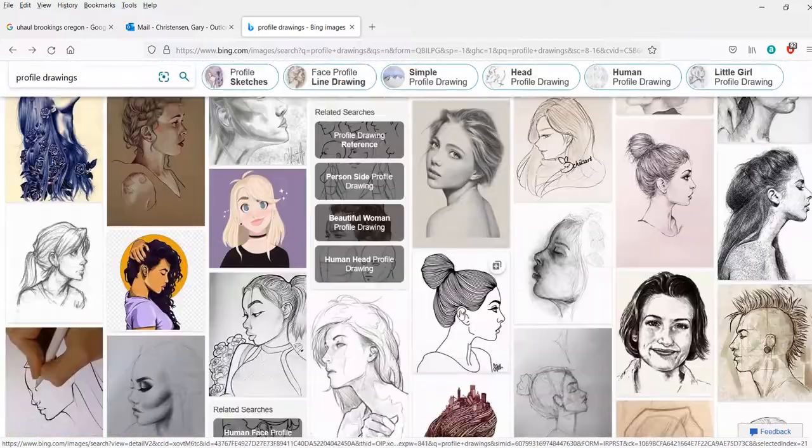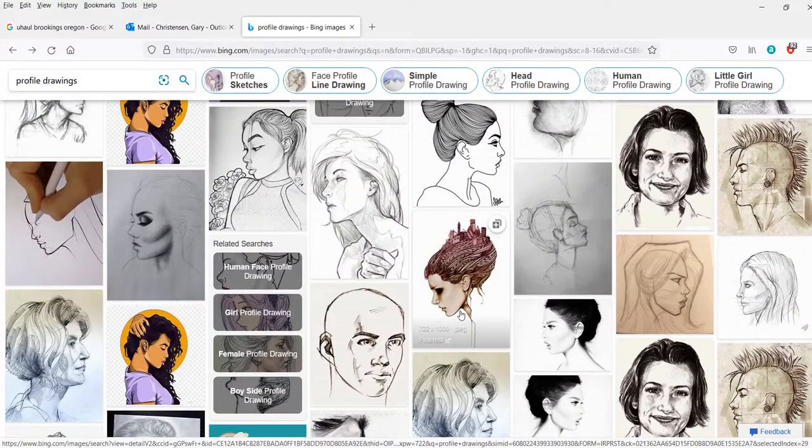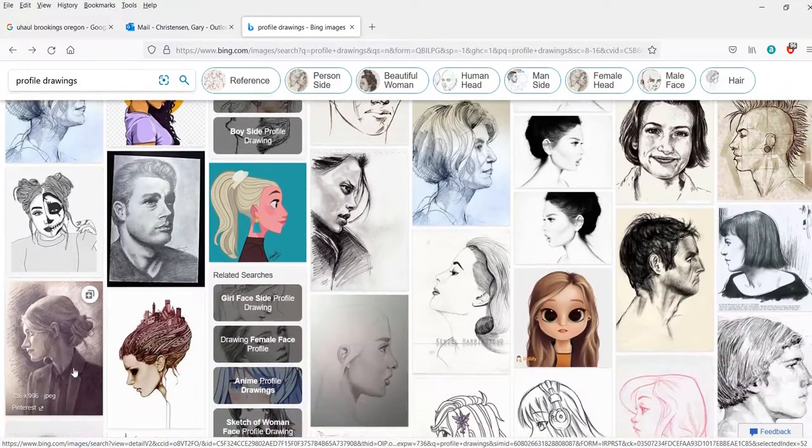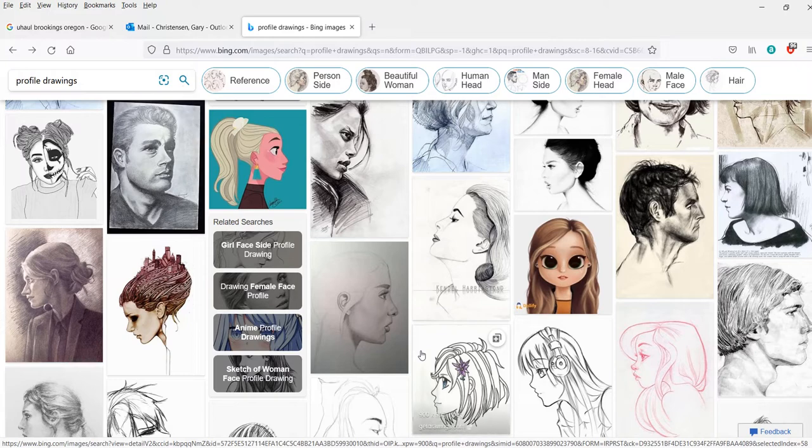Yeah, so you can look through these. Find a profile, which is total side of the face. You don't want to see the other eye. You don't want to see it twisted toward you. That's a 3/4 view. You want a total side view, okay? And stay away from doing anime or cartoon faces that aren't real. Don't make something up. It's not from your imagination. This is from an actual